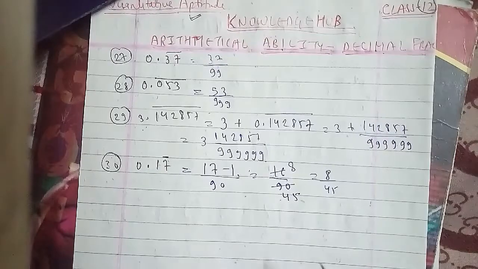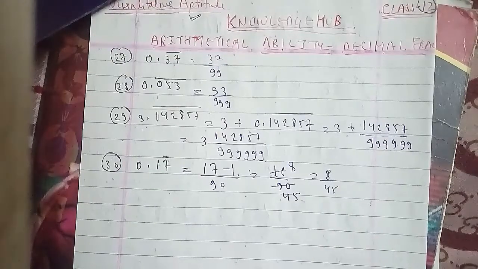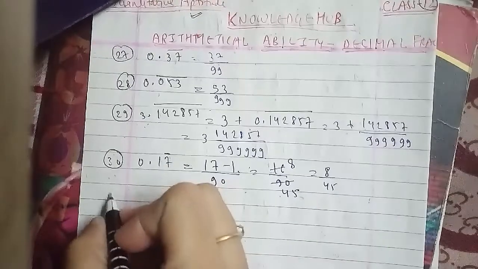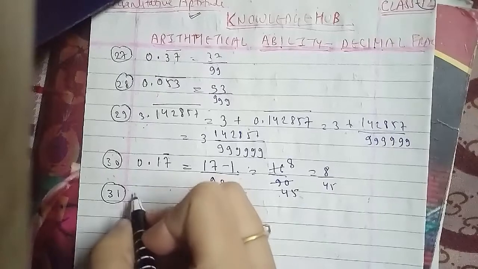So that is the answer: 8 upon 45. Now we'll go ahead with the other question, which is the 31st question of the session here. The question is